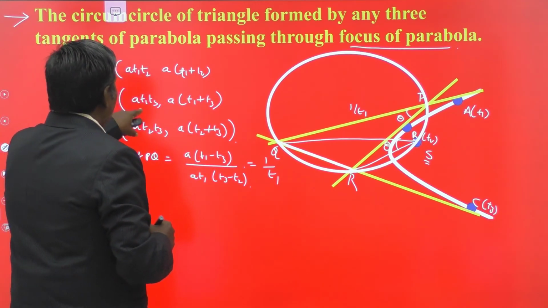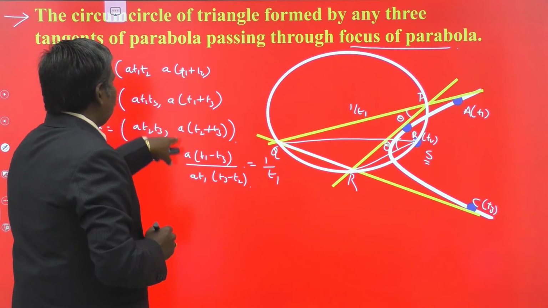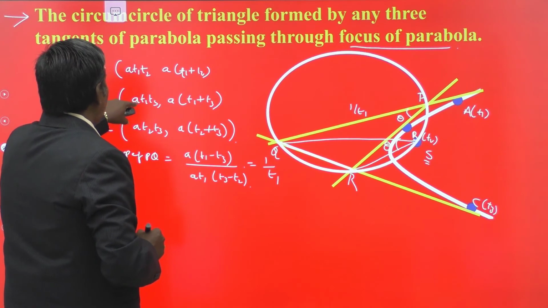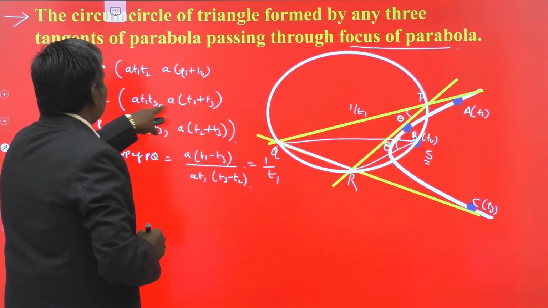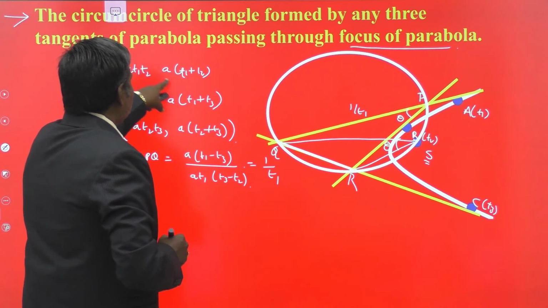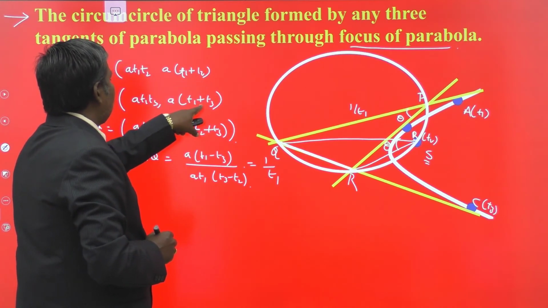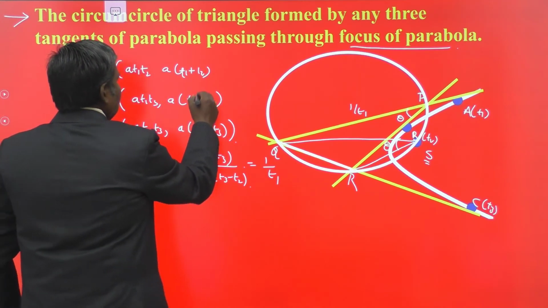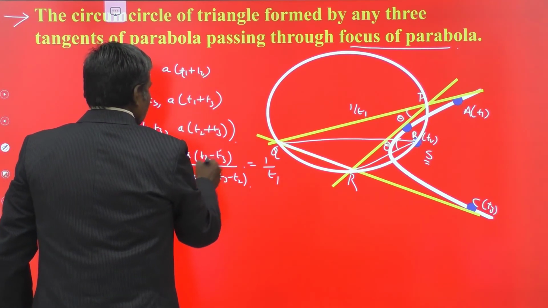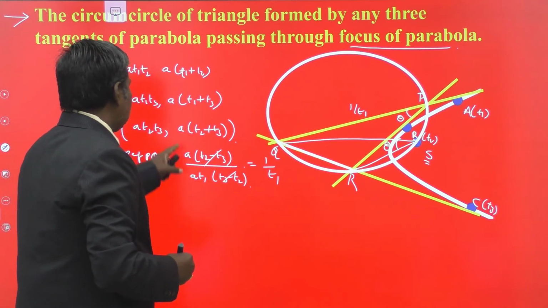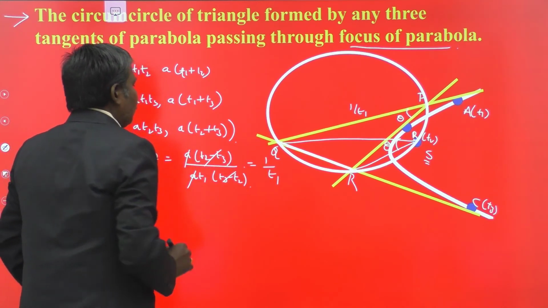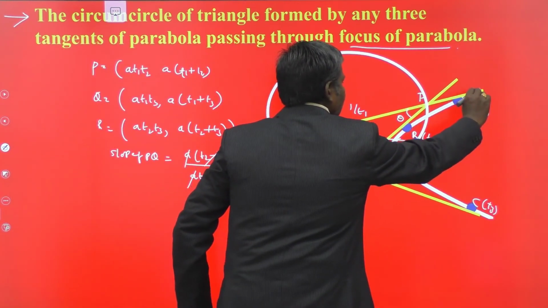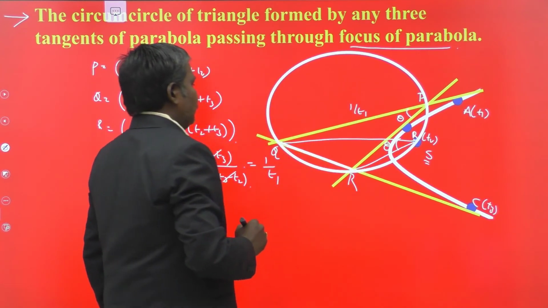What mistake did we make here? A times of T1 plus T2, A into T1 minus T3, yes, correct, that is T1 minus T3, A T1 into this is T1 plus T3, A T1 gets cancelled, A into T2 minus T3 by A T1 into T2 minus T3, this is T2 minus T3, okay, T2 minus T3 gets cancelled, A gets cancelled, that is 1 by T1. So no need to find the y2 minus y1 by x2 minus x1. It is nothing but the tangent at that point, that is 1 by T1.